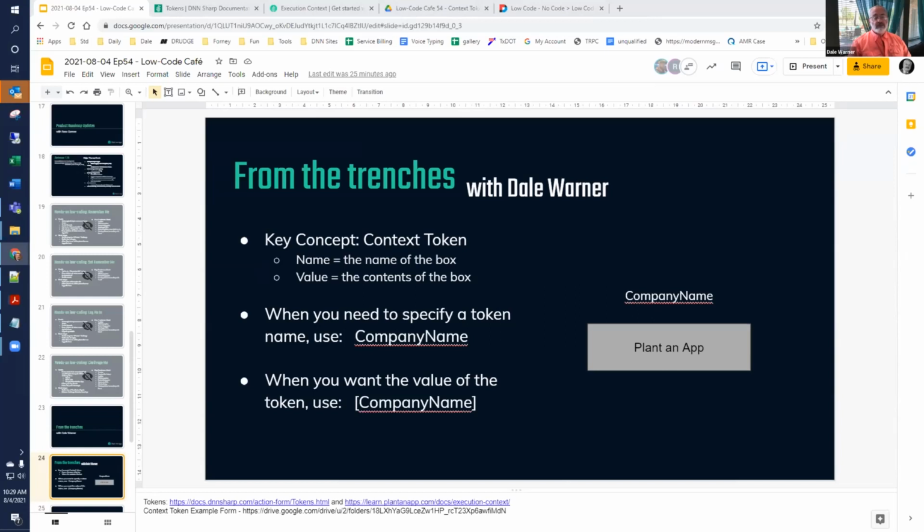For those of you who've been around our products for a long time, this is pretty simple, but it's an area that drags newcomers down, and if we explained it well, perhaps it would help get over that hump. So a context token has both a name and a value. If you consider the token a box that you can put something in, then the name is the name of the box,